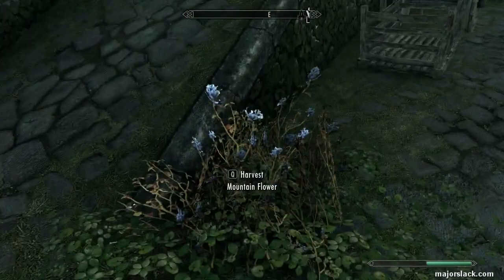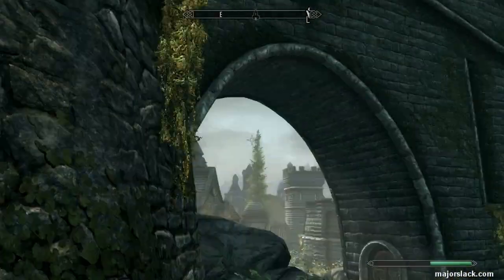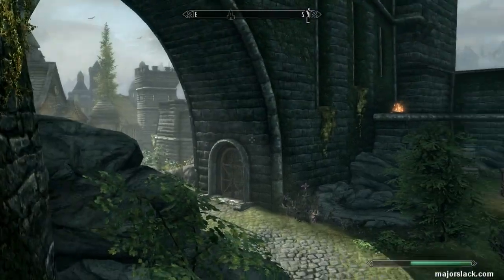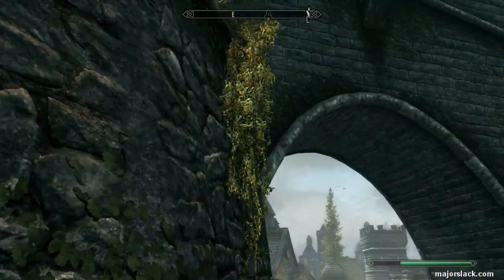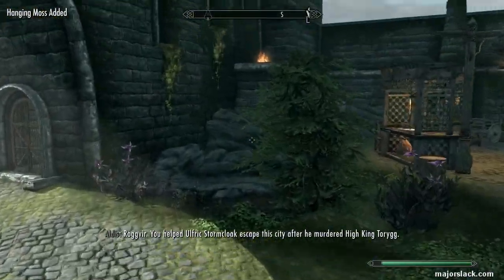Okay, there's a considerable amount of hanging moss here in Solitude. You can spot it a mile away. There's some there, there's some over there, there's some over there, just using my reticle as a pointer. Okay, there's some right there. You'll be able to collect maybe a dozen or so hanging moss